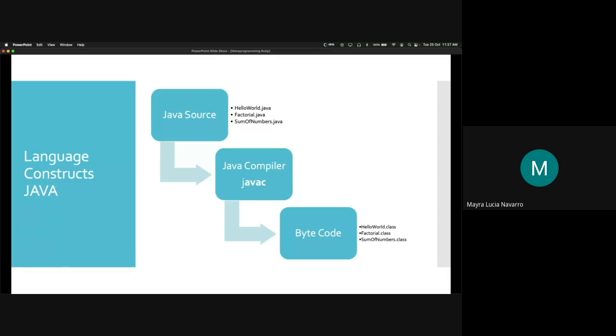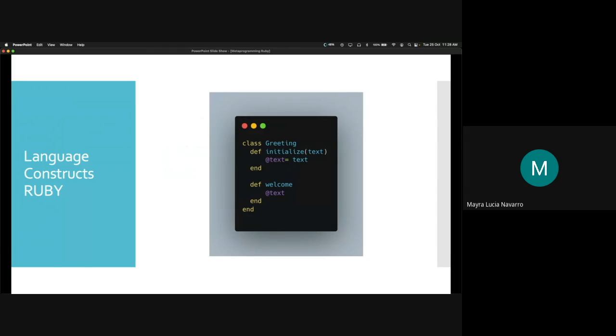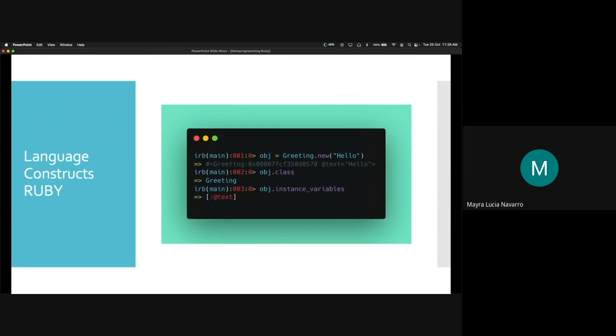So when we get to this point, there is nothing that we can do with our code. It is what is there. That's it. We can't change anything or even ask about what we have there. But when we talk about Ruby, which is described as a runtime language constructor, we can create a class, for example, and then we can access this class just by asking about it. What is the object class? What are the variables, for example? And that is what is called